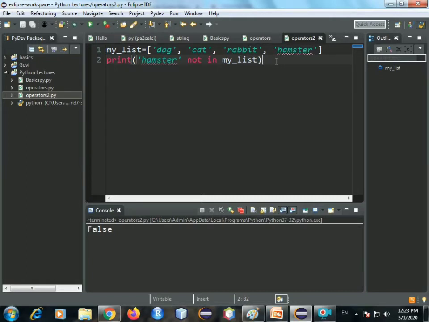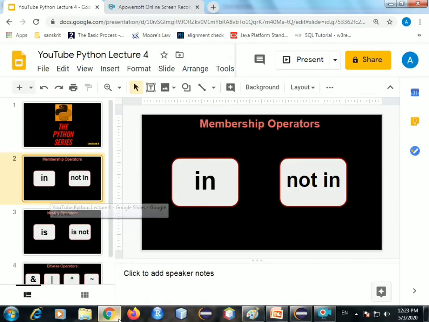It's impossible. That is when in and not in come as a great savior, and they're very useful then. Now that we're done with membership operators, I hope you all have understood, it's very easy.